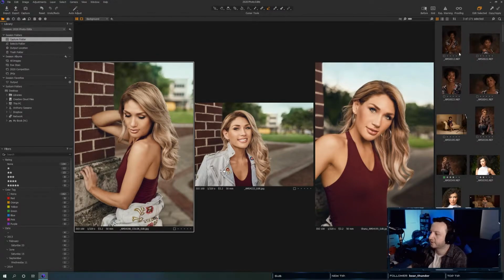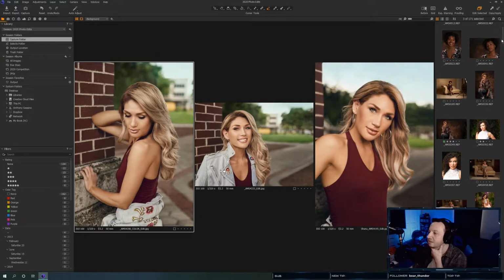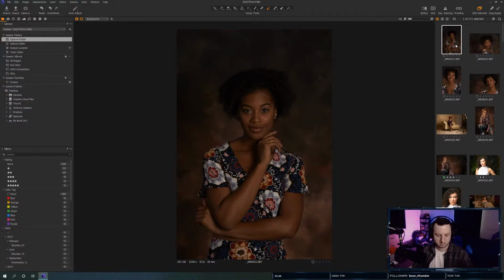Alright, so we have a bunch of photos here that we can choose from to determine what photo we want to edit. So we're gonna see. Gotta make sure I'm clicked in the right window.